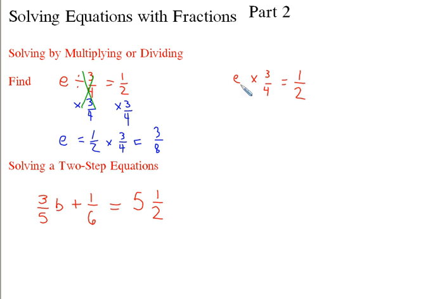So, exact same problem here. The only thing I did was change it from division to multiplication to see what happens. So remember, we've got to divide by 3/4. And once again, this cancels out. So now we're just left with e is equal to 1/2 divided by 3/4. And we've got to flip the second one, change it to the reciprocal: 1/2 times